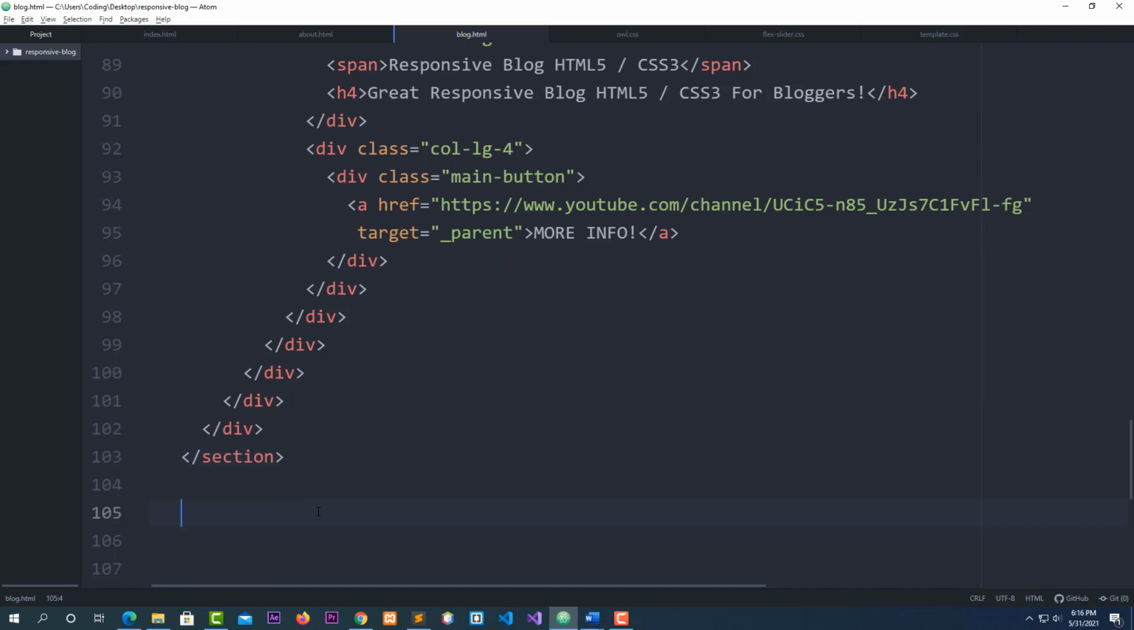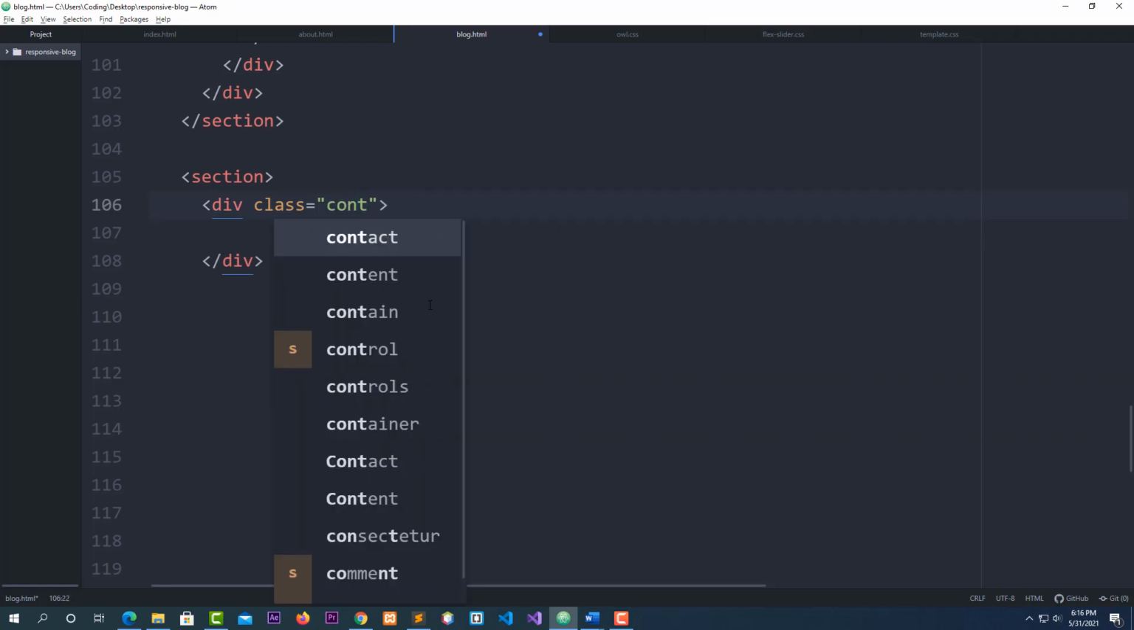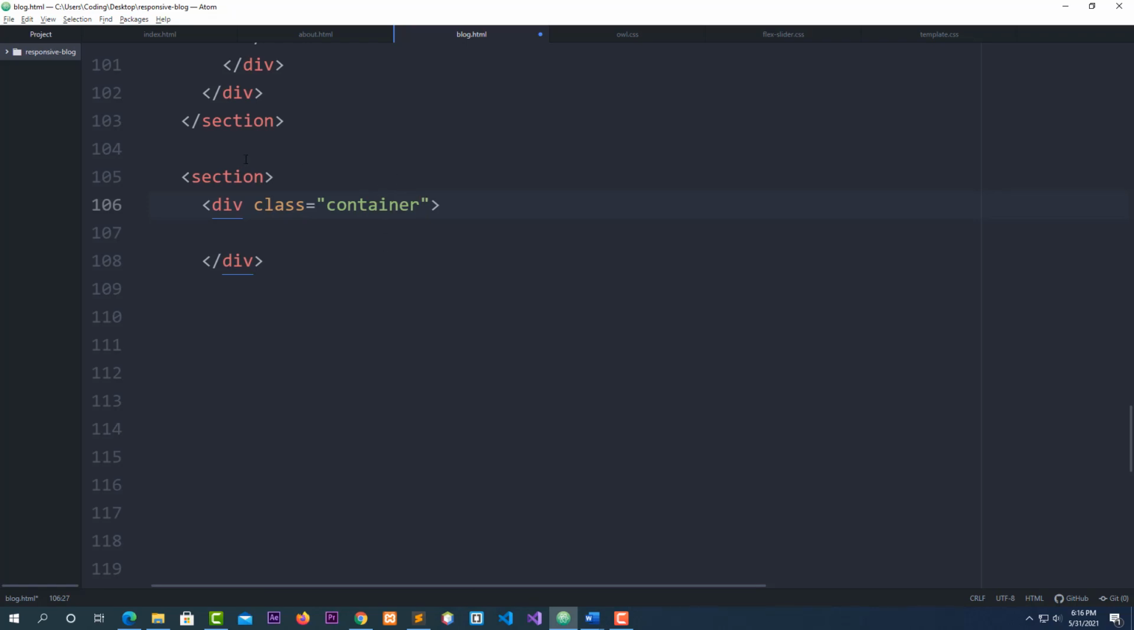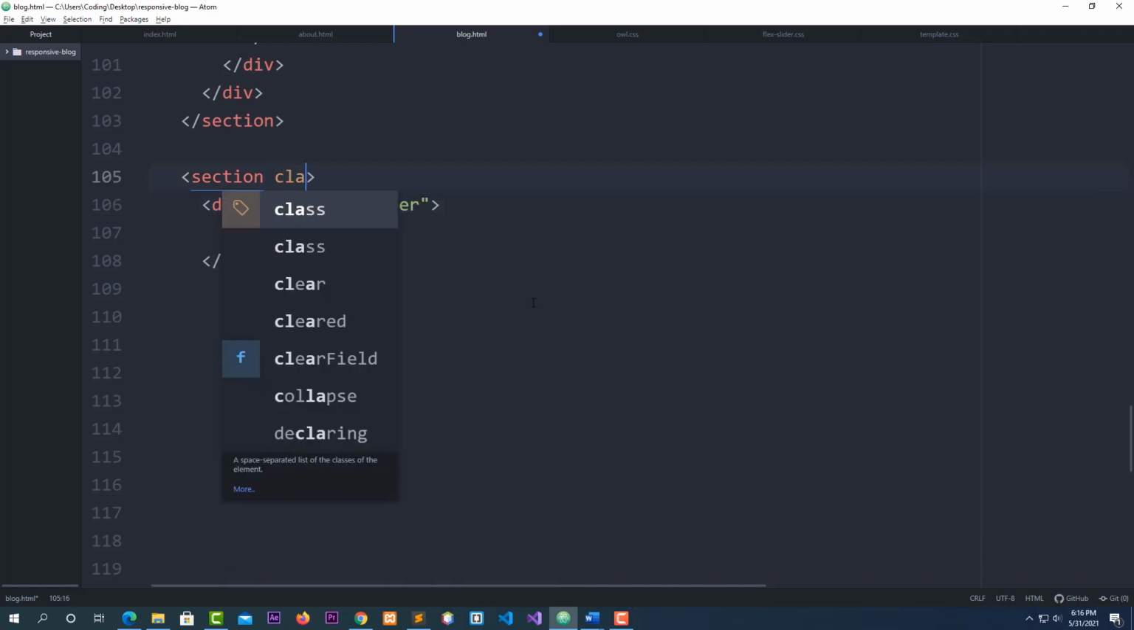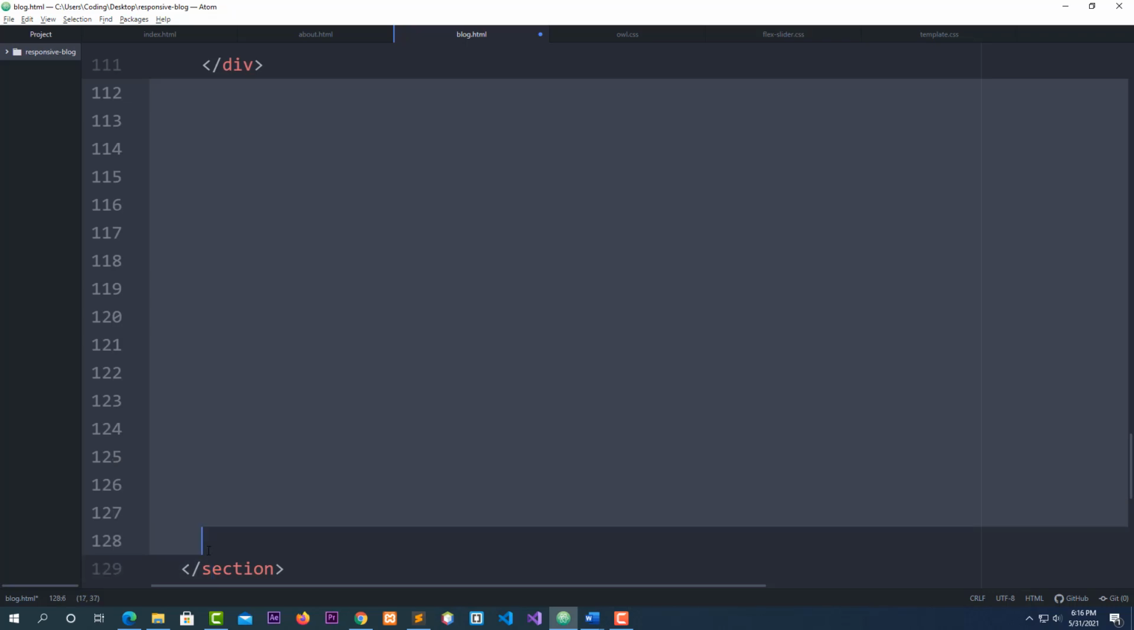Next, after this section, closing section, you go back and I'm going to create another section. Okay, and go down. This is section number 2, and inside of this section I'm going to create a div with a class called container. But inside of the first section, I'm going to pass a class called blog-post. This is the grid system, and inside of the div container, I'm going to make sure you keep all of the closing tags